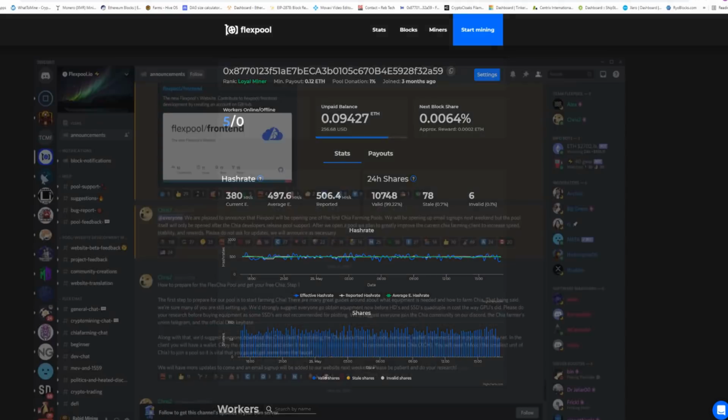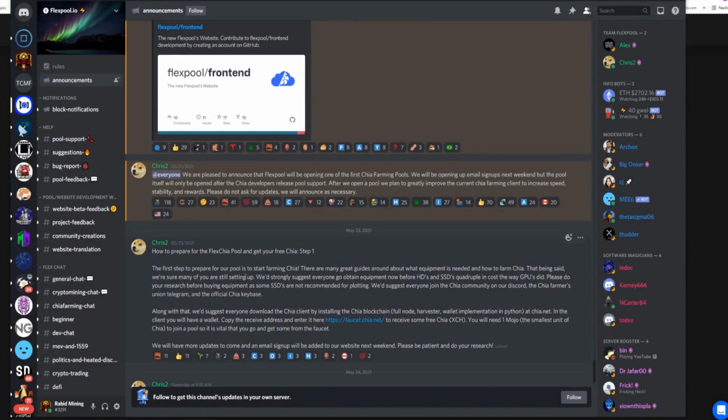So let's have a quick look here. If you are in my Discord, you will get most of these announcements already, but here we are. We're looking at the latest announcements. We are in Flexpool currently, but Chris 2 did announce: "Hello everyone, we are pleased to announce that Flexpool will be opening one of the first Chia farming pools. We'll be opening up email signups next weekend,